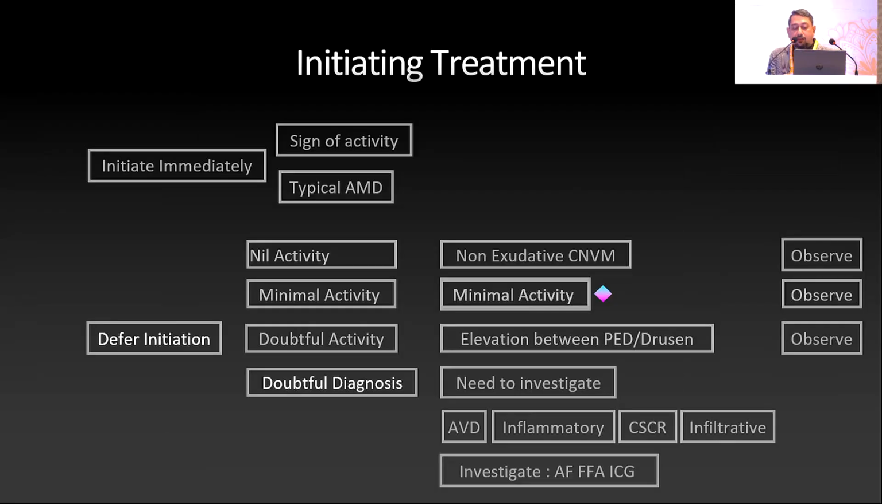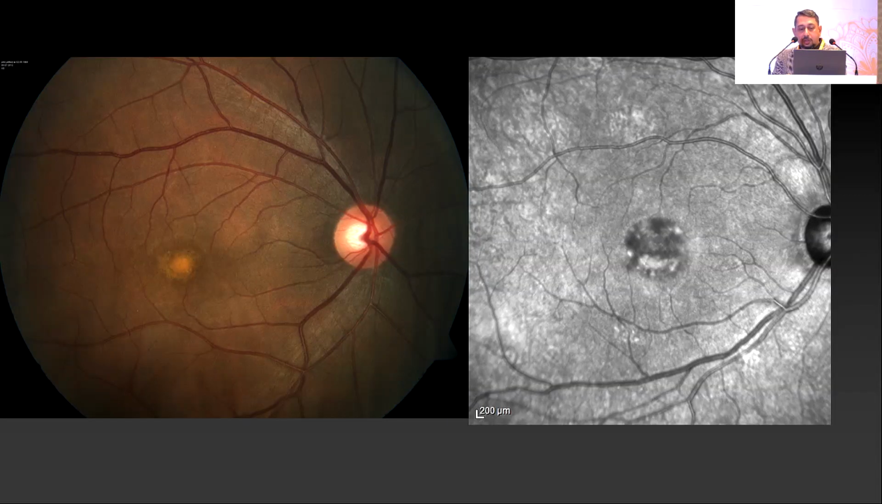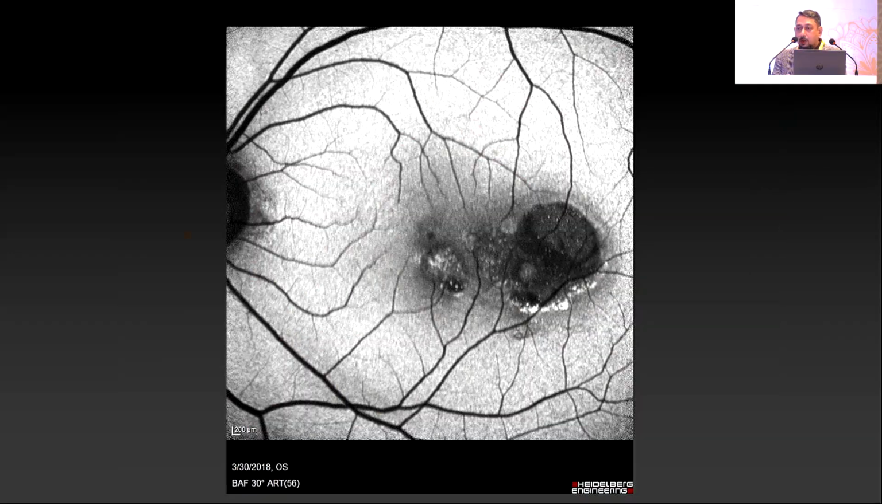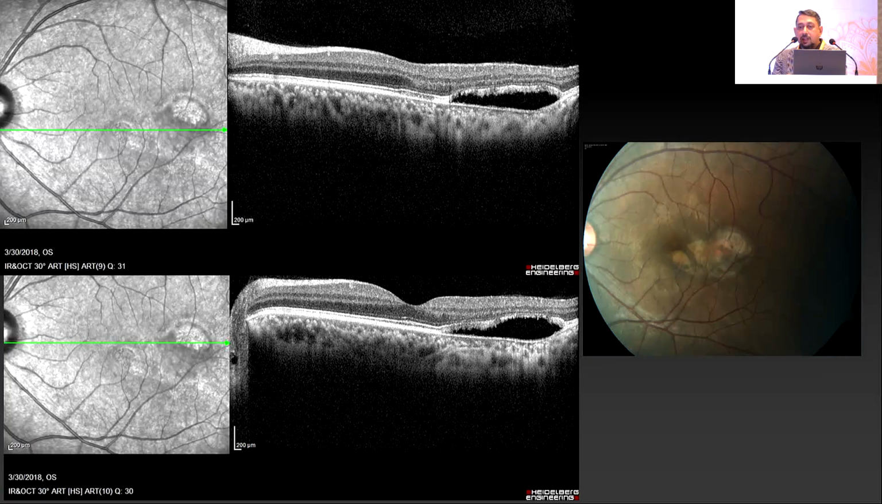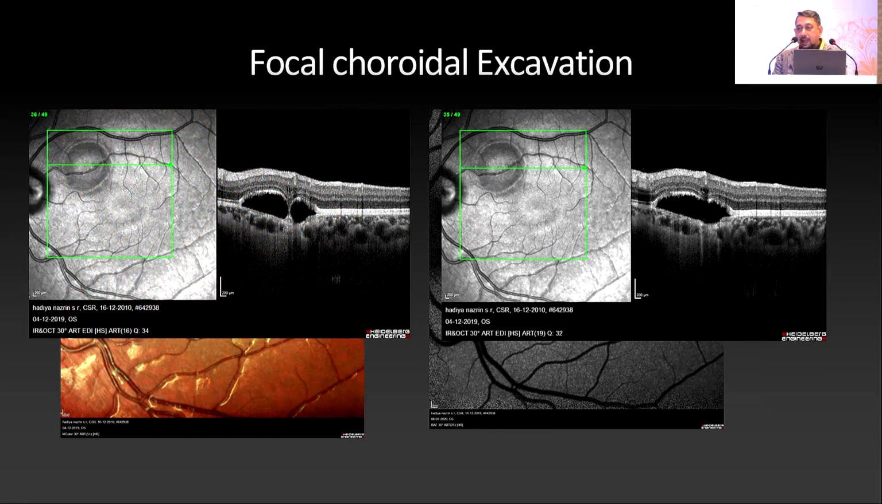And the next is a doubtful diagnosis, where you need to investigate further. You can have conditions like this, which is adult-vitelliform degeneration with resorption. You can see on autofluorescence how it lights up. And then you can have a condition like this, which is called a torpedo maculopathy, where it looks like SRF, but the condition is a degenerative condition. And obviously focal choroidal excavations, which again can look like